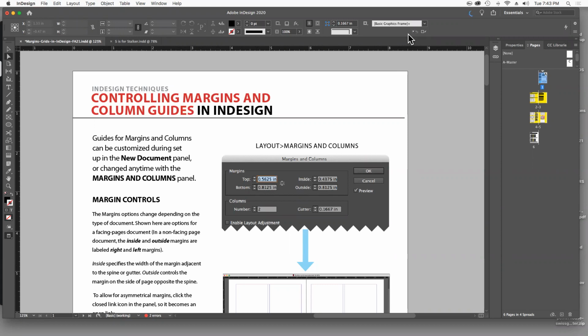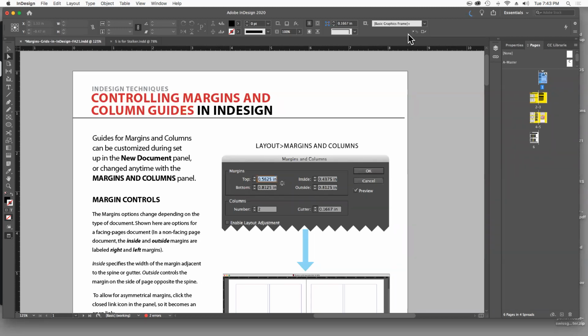So the object of this tutorial is to discuss margins and something called grids, and to show you how to manipulate margins and start grids in your InDesign documents. The goal is to set you up so that you can create a safety margin around your art on your spreads for next week's final, and to use that safety margin, that area around the edge of the page, to